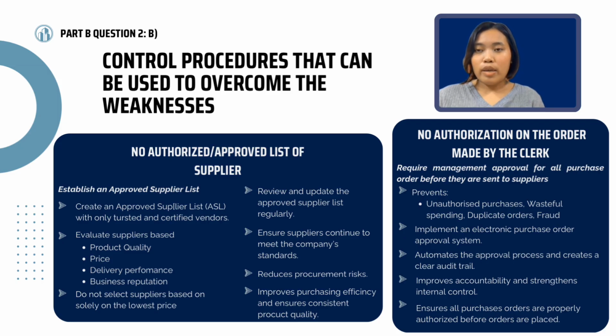In addition, the approved supplier list should be reviewed and updated regularly to ensure that all suppliers continue to meet the company's performance and quality standards. Suppliers who consistently fail to meet this standard should be removed from the list, while new suppliers should undergo a proper evaluation before being approved. By implementing this control procedure, Sedat Creek Syndrome Berhad can reduce procurement risk, improve purchasing efficiency, and maintain consistent product